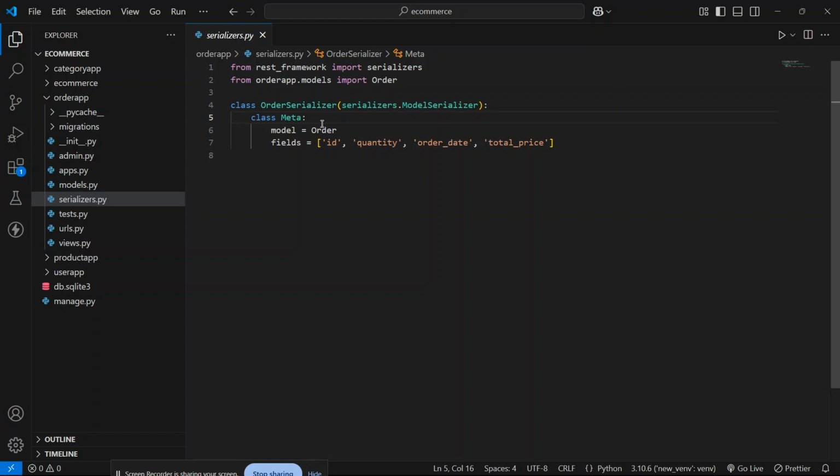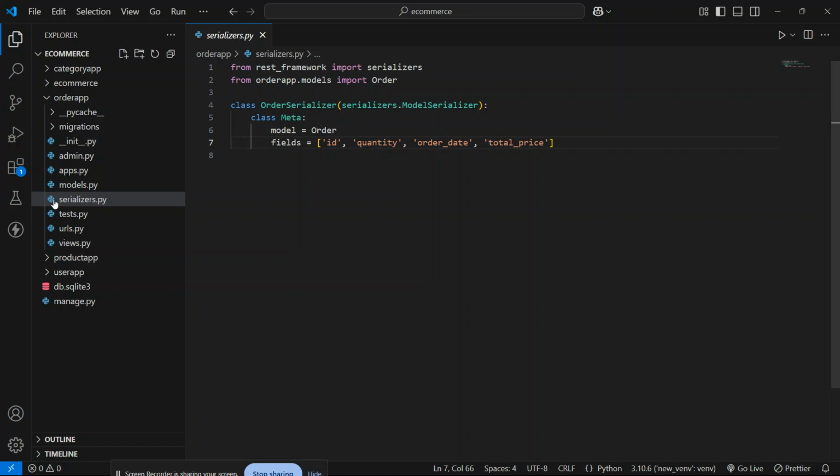After that we have another class which is Meta, and inside the Meta class we have to declare our model and our fields which we want to use, like id of the order, the quantity, order date, and the total price.